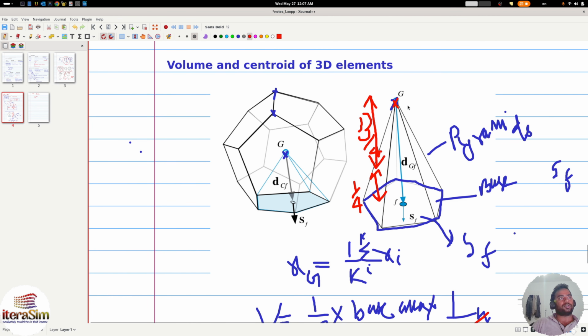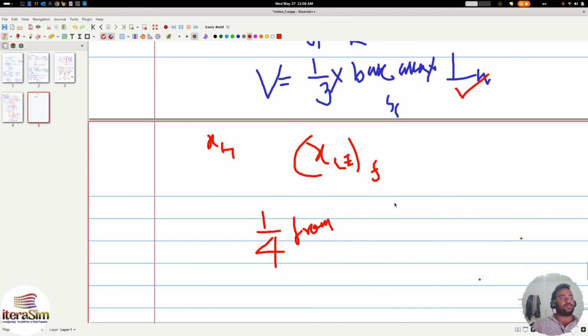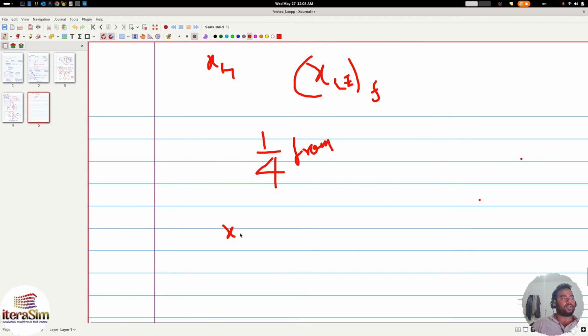So from G there should be a distance of 3/4, and from the base location a distance of 1/4. If we want to calculate the XC, that is the centroid of the pyramid,